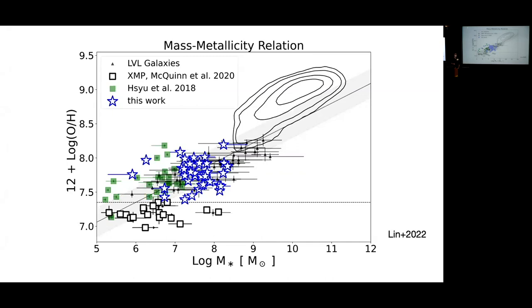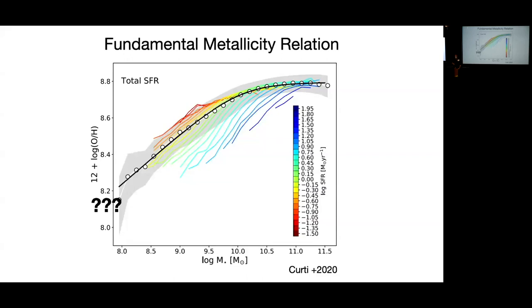So then people can think, okay, if there is a common trend or relation in mass and metallicity and star formation, can we combine them all together? So people started looking at a relation between mass, metallicity, and star formation, which they call the fundamental metallicity relation: all the star forming galaxy sequence falls onto a 3D plane between mass, metallicity, and star formation rate. Specifically, you'll see that at the same mass range, the higher the star formation rate is,